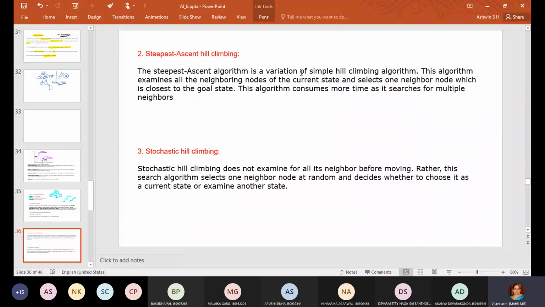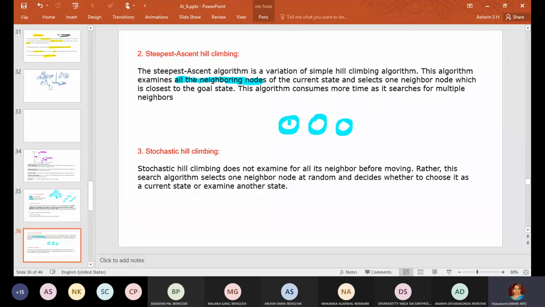The second one, steepest hill climbing, is a variation that is slightly better than the simple hill climbing algorithm. It examines all the neighboring nodes of the current state and selects the neighbor node which is closest to the goal node. This algorithm consumes more time as it searches multiple neighbors.